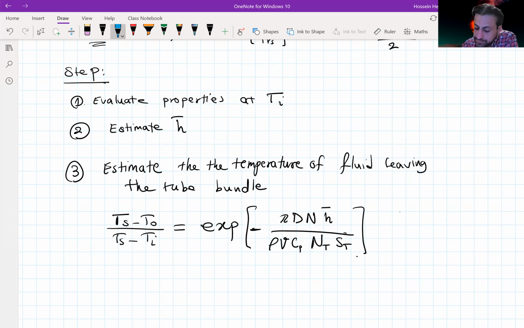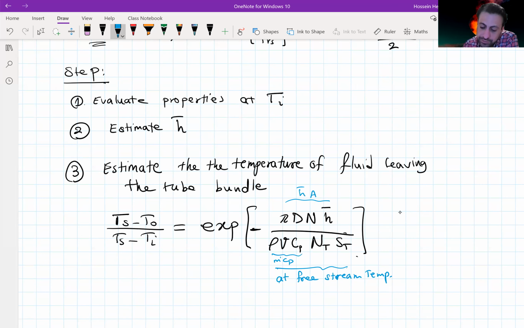And this is the indication of mass. So this is the m dot c_p, and this pi D N h is in fact h average times area. So this is how we got this equation. We will see that later on, but all the properties here are evaluated at the free stream